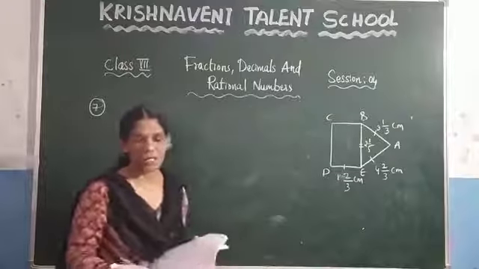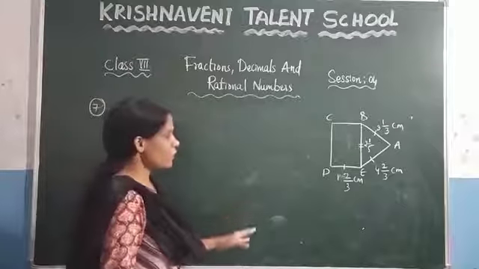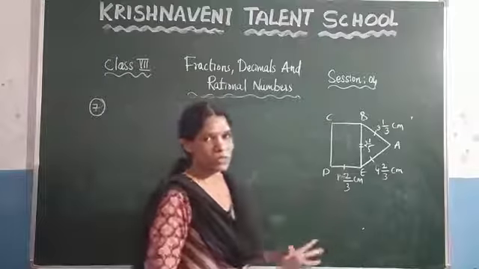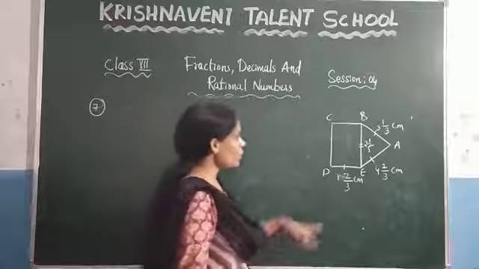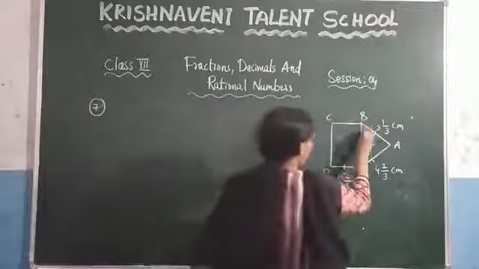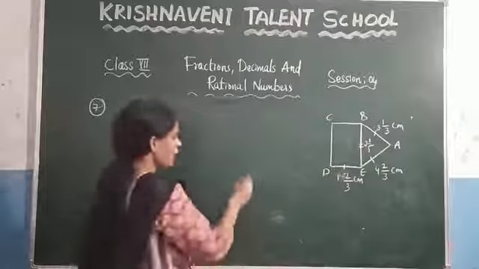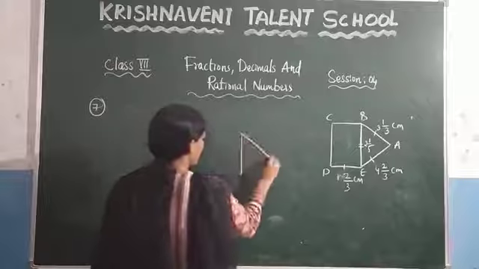You need to calculate the perimeter of both these figures, and after that you have to find which figure has the greatest perimeter and how much. For that, first you need to know what the remaining sides are here. If you want to find the perimeter of the triangle, you know that perimeter is nothing but the sum of the sides. Here, the first one they have given is the triangle.